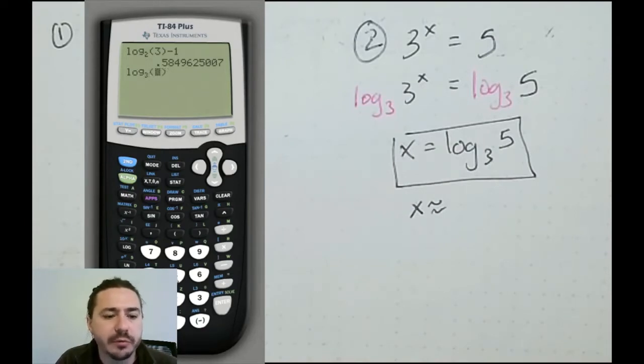Now my ballpark was around 1.5 because I'm thinking 5 is kind of in between 3 and 9. It is closer to 3 than it is 9, but you have to remember that we're not working with linear growth here. So it's not like if it's halfway in between, it'll be 0.5. So, okay, my 1.5 estimate was pretty close here,